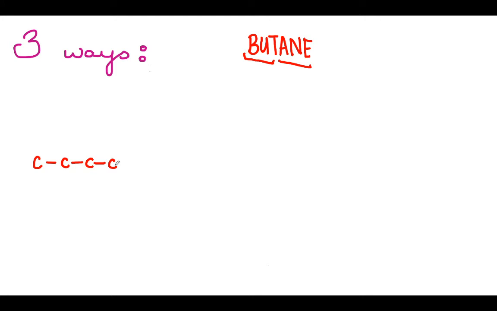Now, as I sort of mentioned at the beginning of the slide, there are 3 different ways that I can draw butane. The first one is much more detailed. It takes a bit more time. The second one is a little bit less. And the third one is very short. I will require you to know all 3 of these, because if you look in your textbook, they're used interchangeably, right? One is not more correct than another, but some of them might be a lot easier to draw than others, especially if we get into our more complicated and our longer structures.